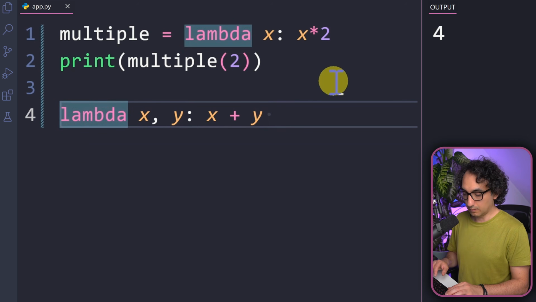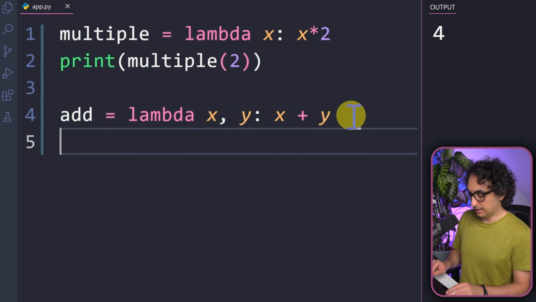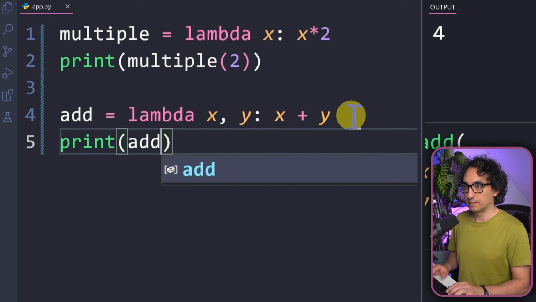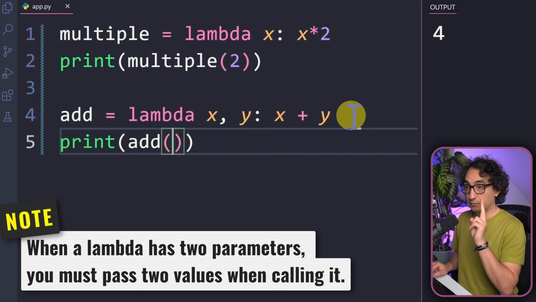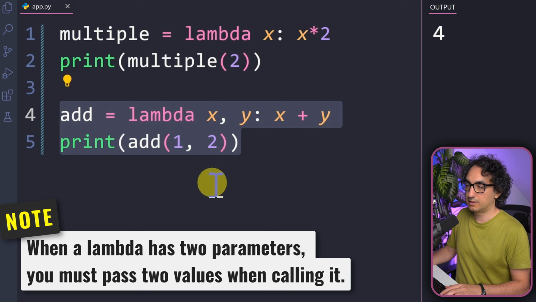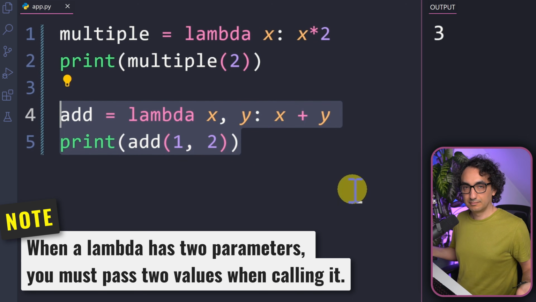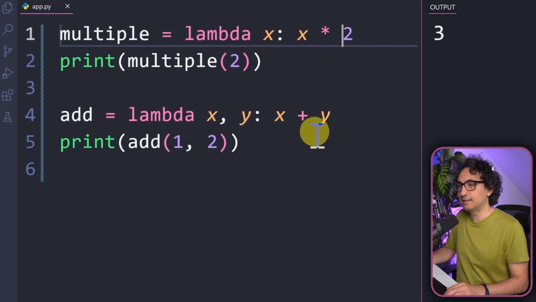We're going to put the whole thing in a variable name like add, and then after that we use it. We're going to use the variable name, and this time pass 2 values, because we have 2 inputs. We're gonna say 1 for the first value and 2 for the second value. So let's try this out. Now look at this, we are getting 3. So 1 plus 2, 3. Mega easy, right?